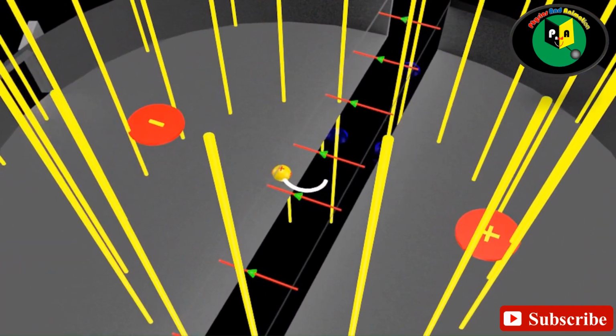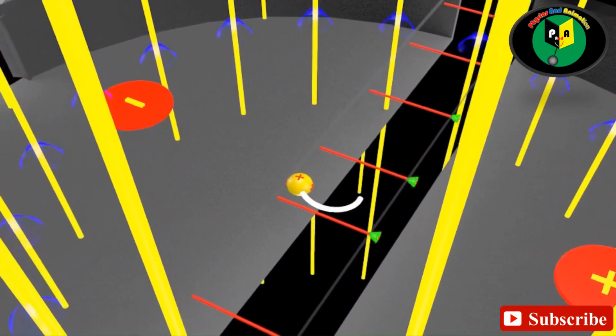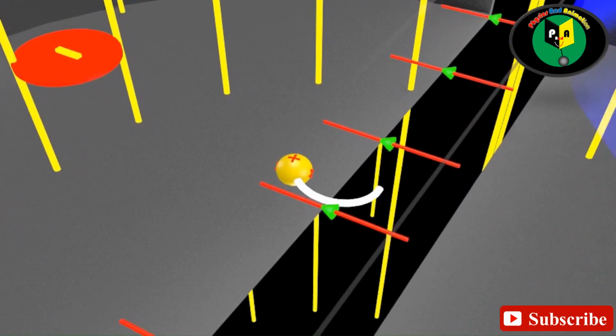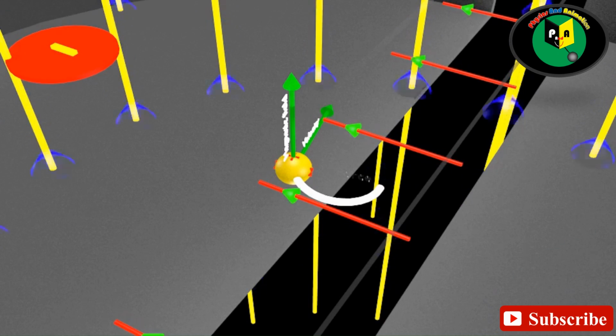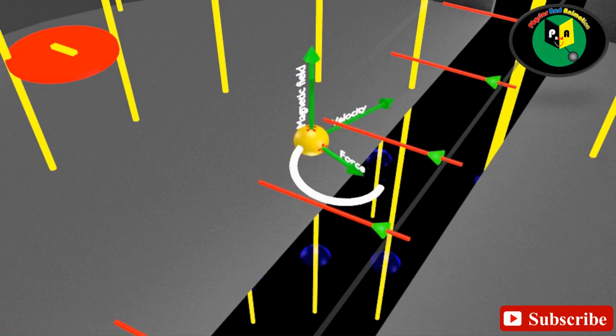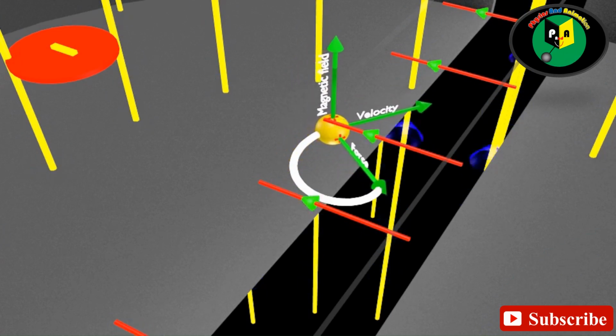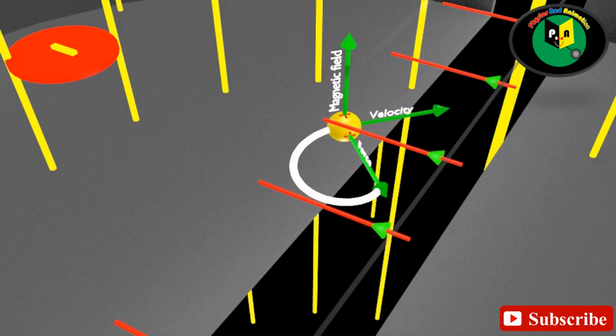As we know, according to Gauss's theorem, the influence of electric field inside a conductor is always zero. Therefore, now a positive particle inside a D is only under the influence of the magnetic field and the velocity which it gained before. With velocity perpendicular to the magnetic field, according to Fleming's left-hand rule, a force starts acting upon it, and the positive particle in the magnetic field starts turning in a circular path with zero acceleration.